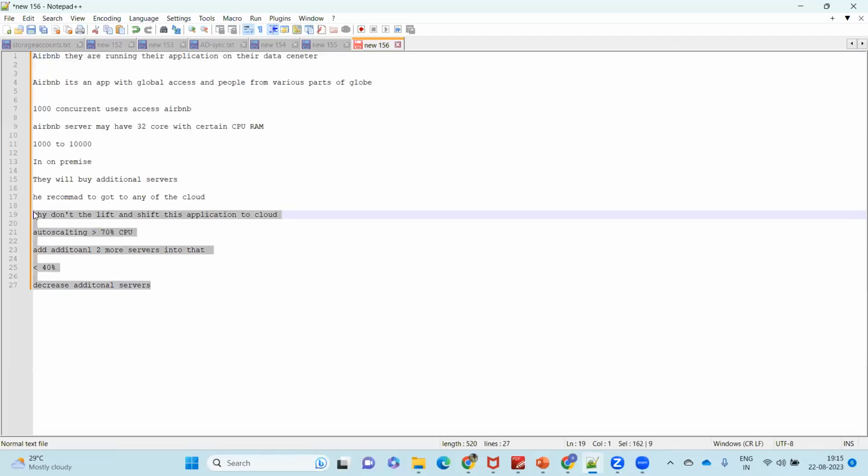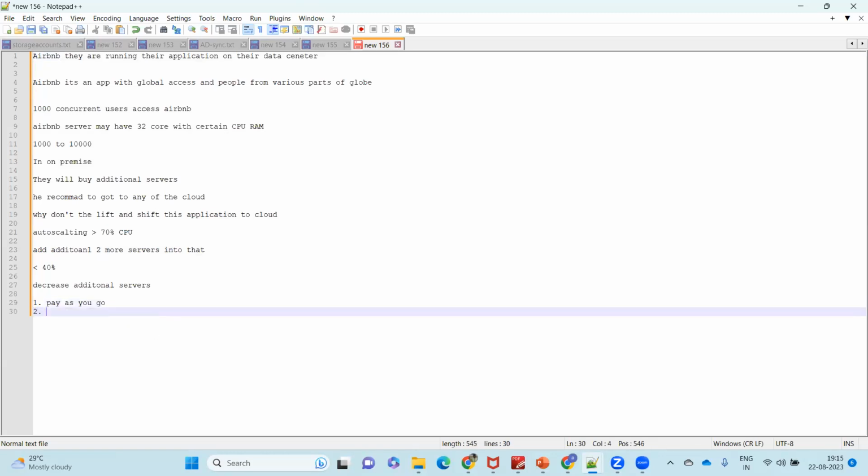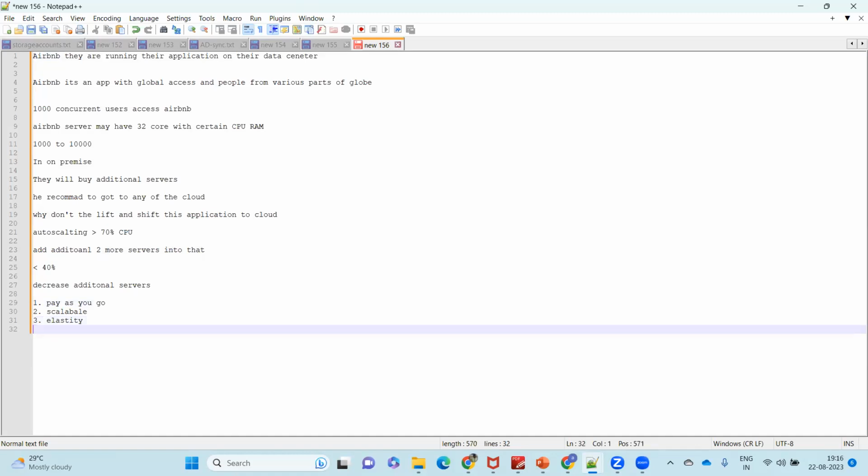in the cloud. And the advantage in the cloud is that we only pay for what we use. Generally, that is called pay as you go, right? And it is very scalable, and due to the elasticity nature, right? So basically, in the good old days, when you bought a server and needed to put that server into your application stack, it would take months and years. But when cloud comes into the picture with all these benefits like the pay as you go model, scalability, elasticity,